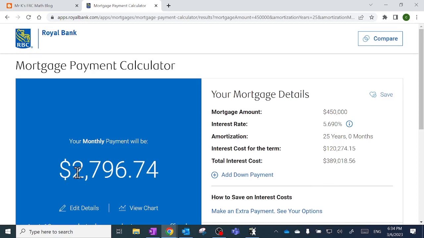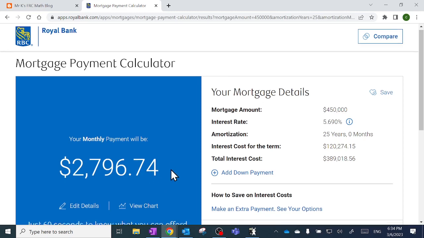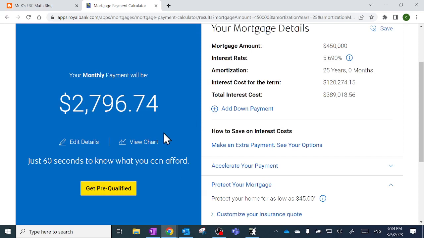My monthly payments are, well, they're not that much lower, I guess. If I were to do the math on how much lower that is, let's see, I'll use my calculator here. What was the first one again? It was $3,107.49, and I minus this number, minus $2,796.74, and I'm only saving $310.75 a month,